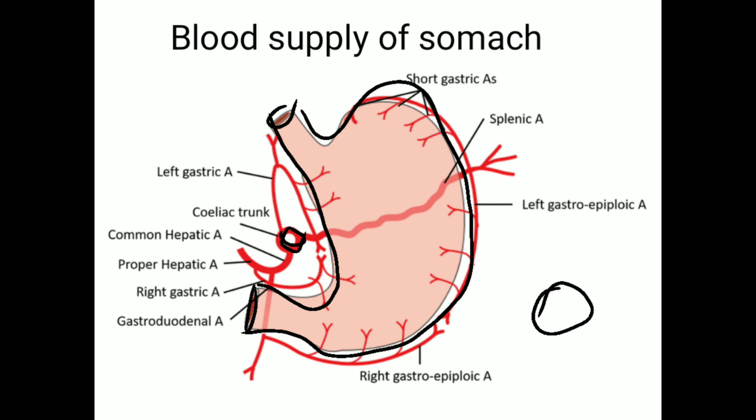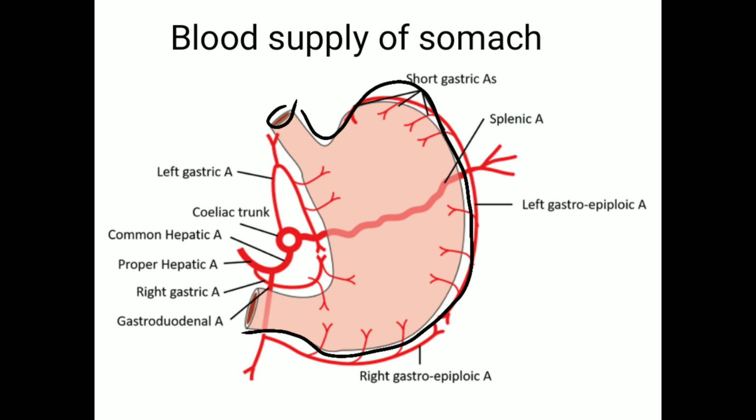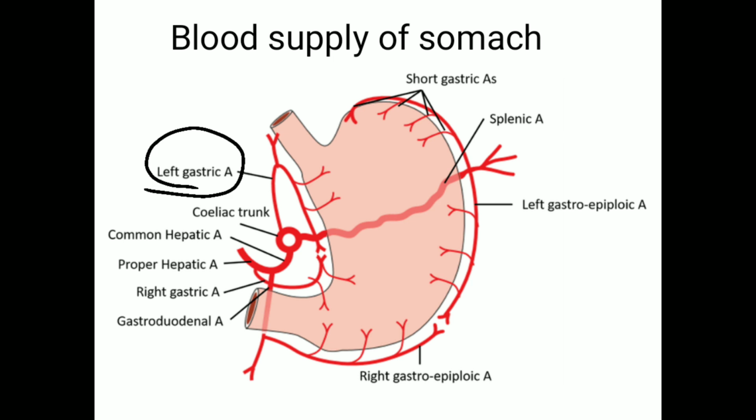Then you draw the branches there. Can you see one branch going here? This is called the left gastric artery. Next, the artery going towards the spleen like this is called the splenic artery. Then here, the artery you are reading is called the common hepatic artery. So remember, the celiac trunk gives rise to three arteries: left gastric artery, splenic artery, and common hepatic artery. These are the three branches of the celiac trunk.